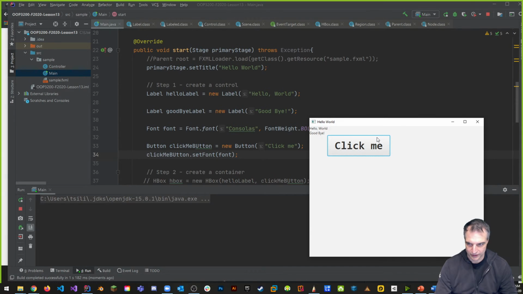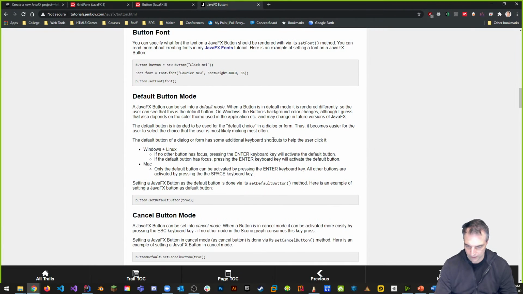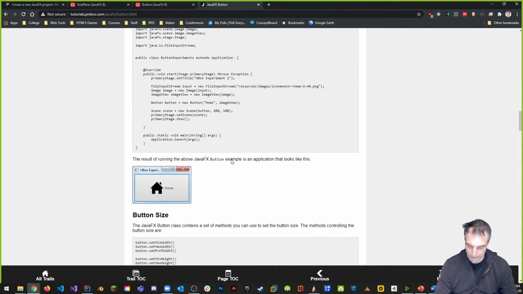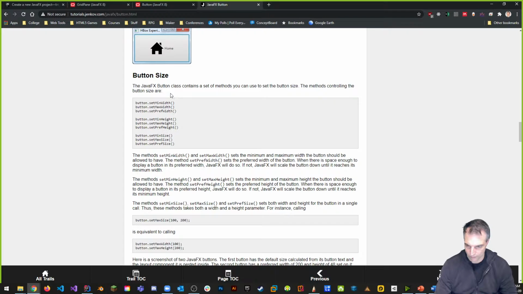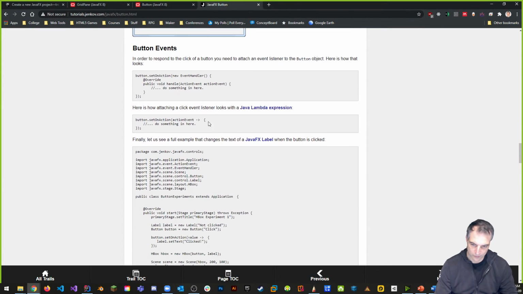Guys, if you've ever done any kind of UI programming before, it's starting to become familiar to you in terms of the things that we can do, right? Because really, once we have this, the only thing we have left to do is some kind of event, right? So it says the default button mode, or we can use a button image, and it talks about the whole thing in terms of button size. And here's where we want to get to. We want to make a